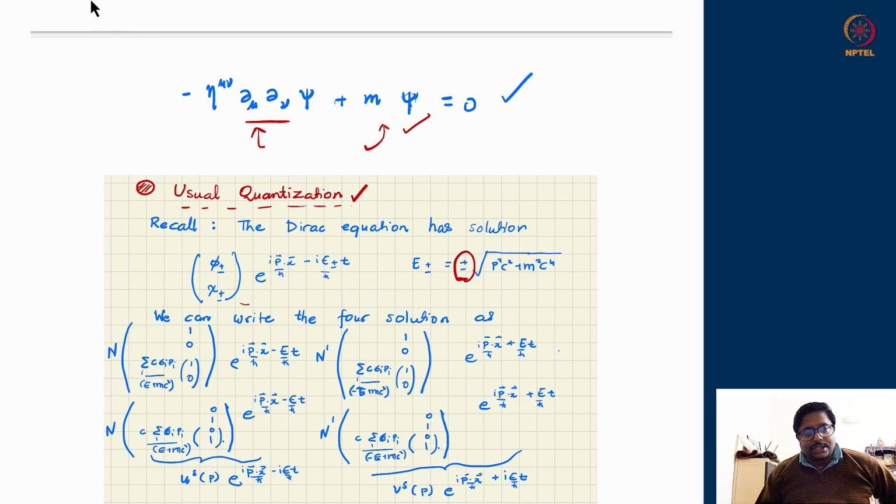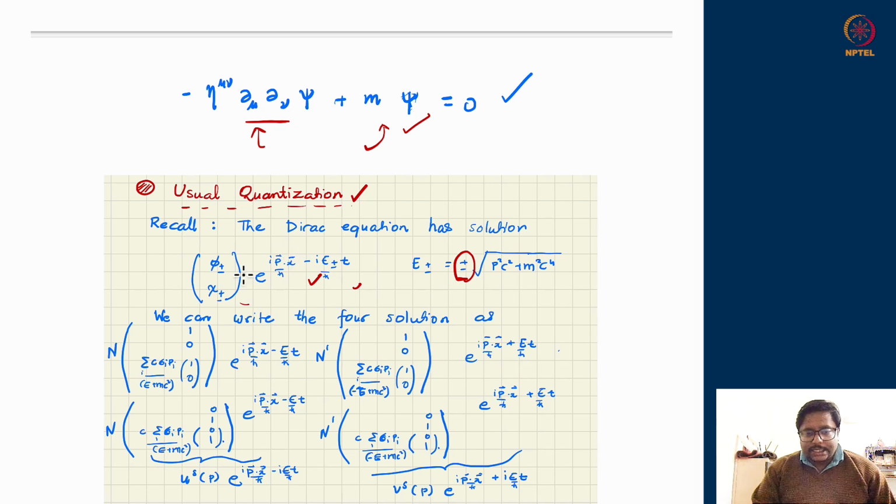But plane wave structure comes with positive frequency and negative frequency, e to the power ip dot x and e to the power minus ip dot x. Both of them are captured by a generic p vector, because the p vector can be positive or negative. So this is the solution of the Dirac equation.